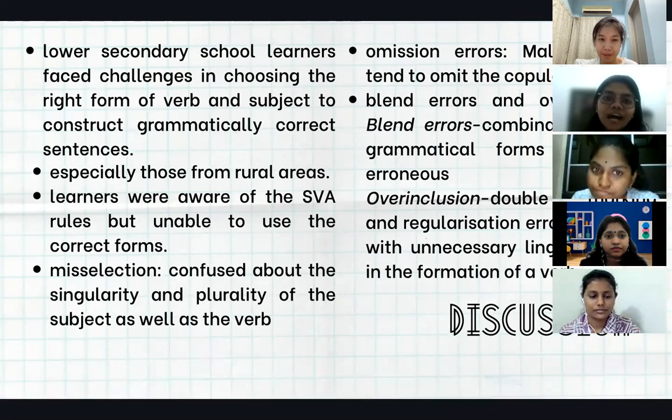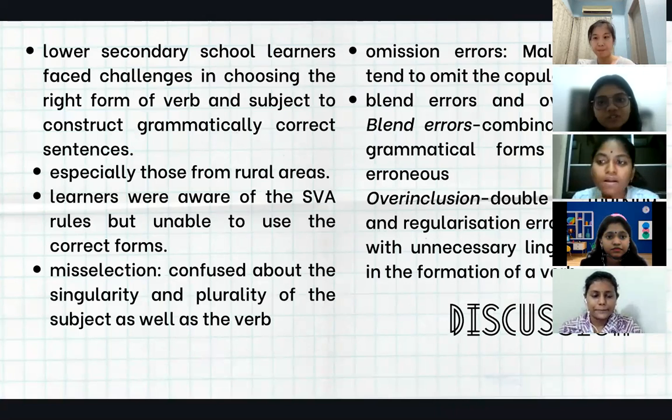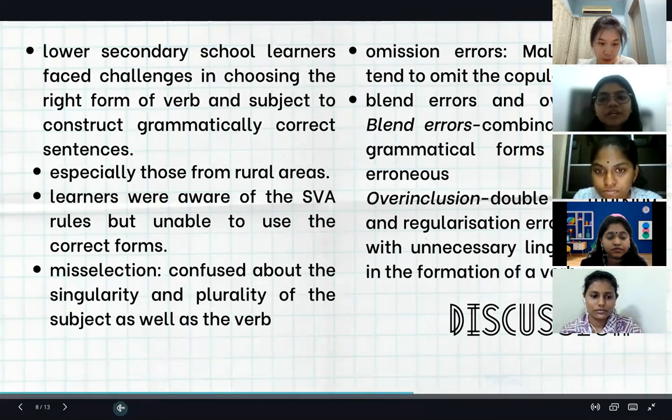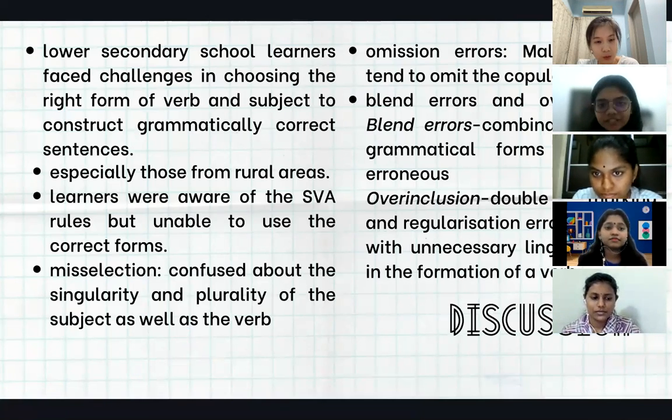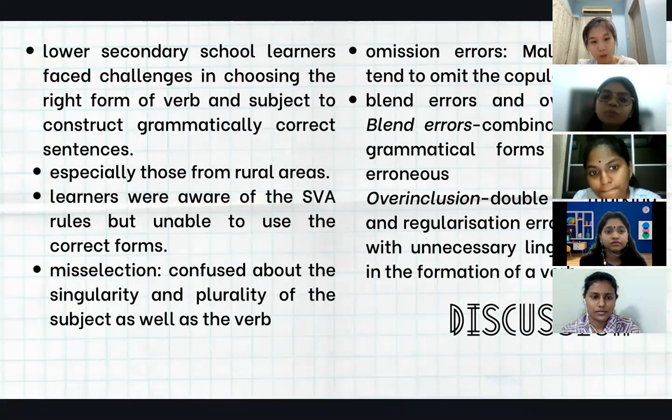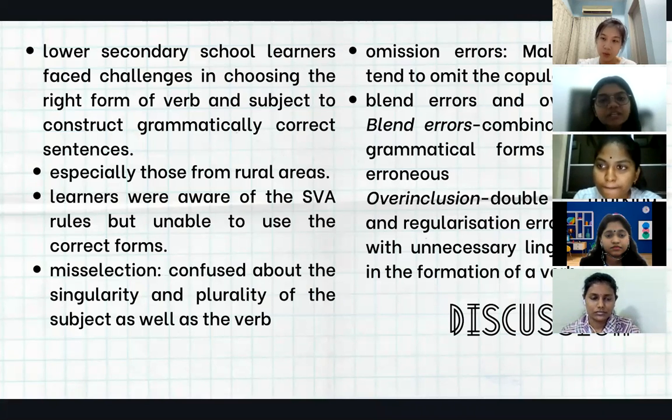The findings in this article tell us that lower secondary school learners faced challenges in choosing the right form of verb and subject to construct grammatically correct sentences. With regard to misselection errors, learners incorrectly selected singular be verbs for plural subjects. Learners seemed confused about the singularity and plurality of the subject as well as the verb. For instance, they used words such as "is" and "was" for most subjects without differentiating between singular and plural